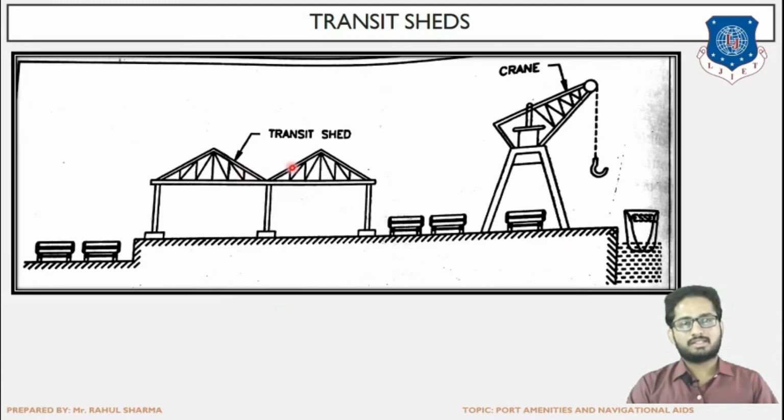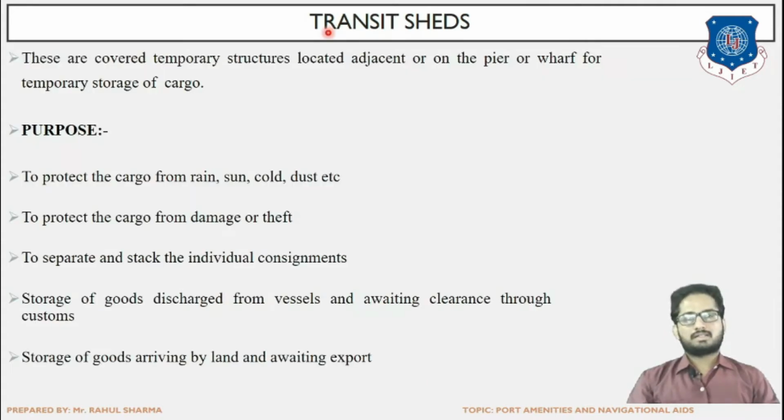Next again, this is the same view, that is for transit shed. The vessel or ship which is carrying the cargo or commodity which are supposed to be transferred to the transit shed, they will be unloaded by the crane on the platform and transferred to the transit shed, and by the use of the road communication facility, or there can be rail connection, or there can be use of conveyors, they can be transferred to the specific destination. Now let us discuss a few features regarding the transit shed.